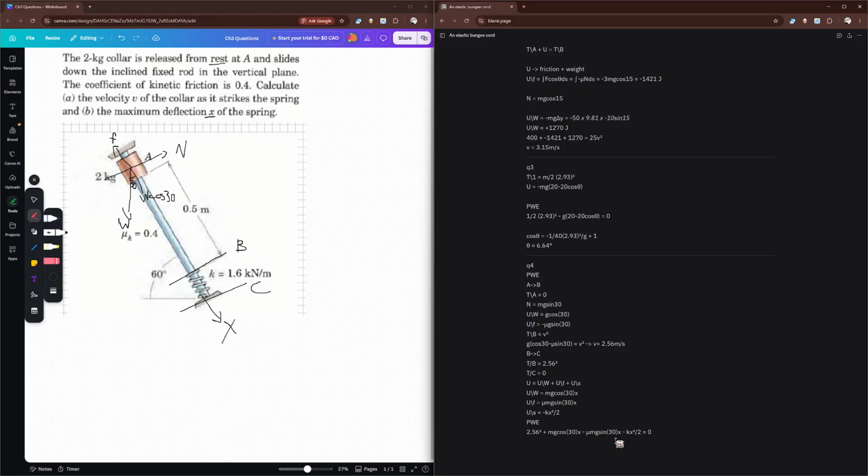Mu cosine 30 minus 0.4 sine 30, right? So 13x, and this is a quadratic, so use a quadratic solver on your calculator. So a is negative 0.8, b is the thing I just calculated, and c is 2.56 squared, and that gives us an x of